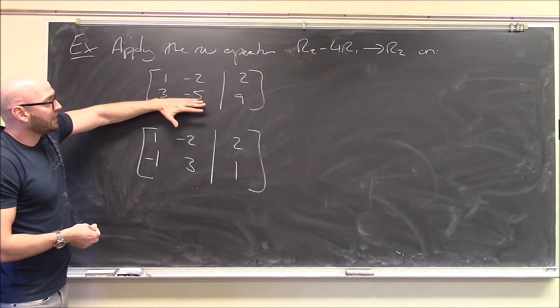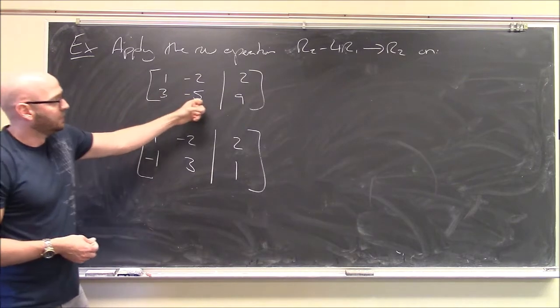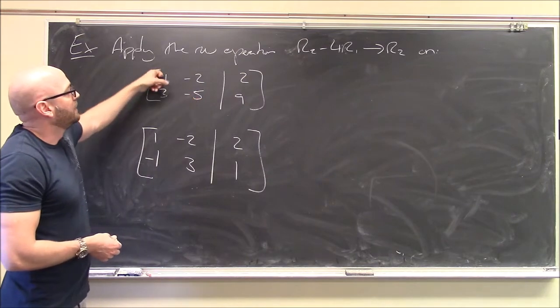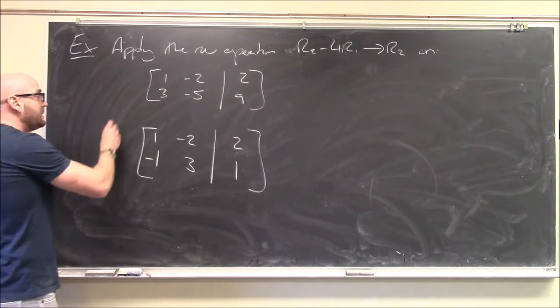Underlying, remember, there's an underlying equation here. This is 3 times x1 minus 5 times x2 equals 9. And I'm just saying I'm going to take that equation and subtract from it 4 times this equation in row 1. The notation people usually use is